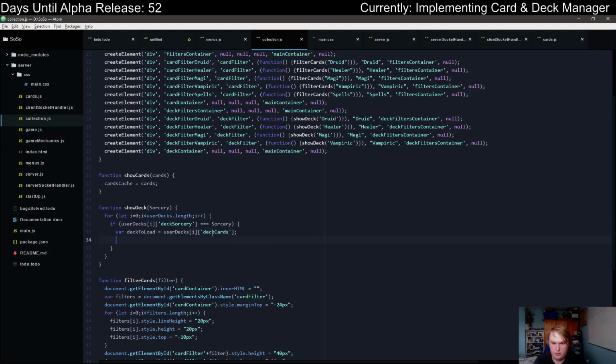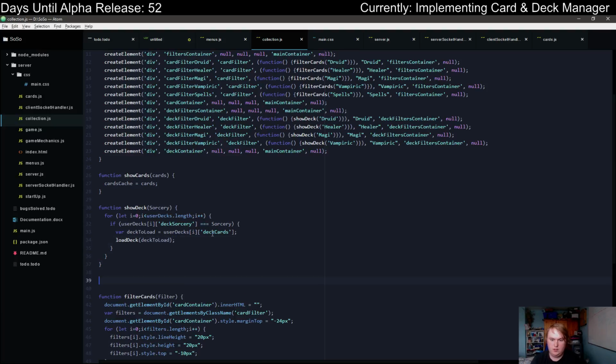And then we're going to do a load deck passing through deck to load. Okay, simple enough. So then what we're going to do is load deck to load,